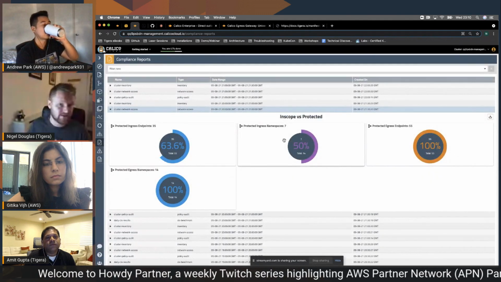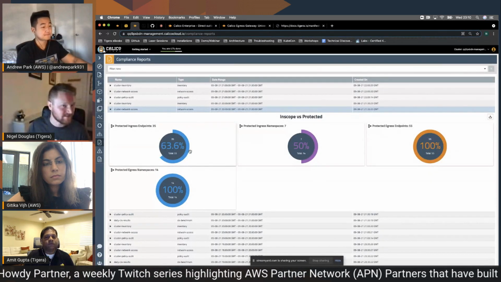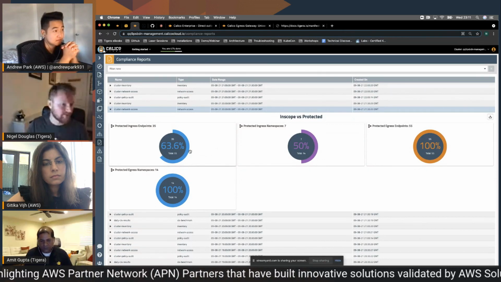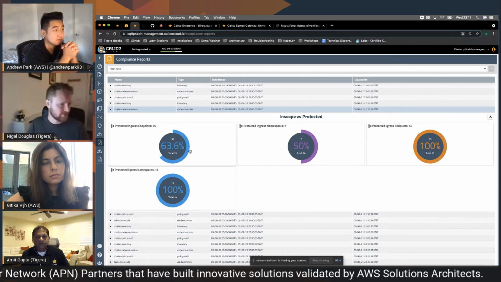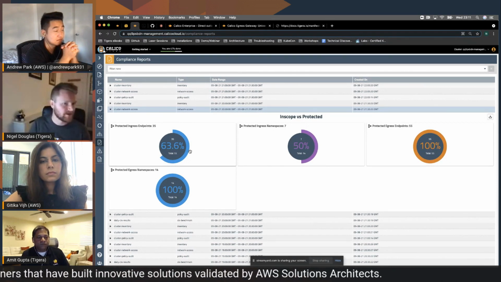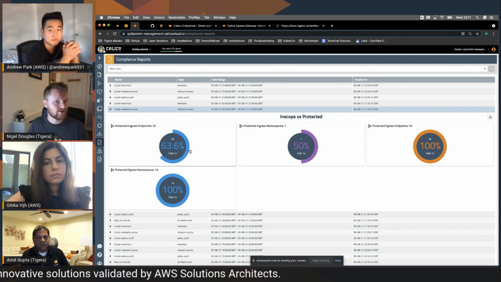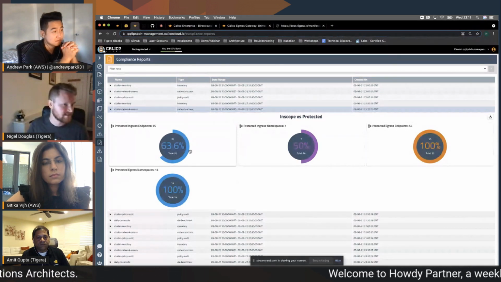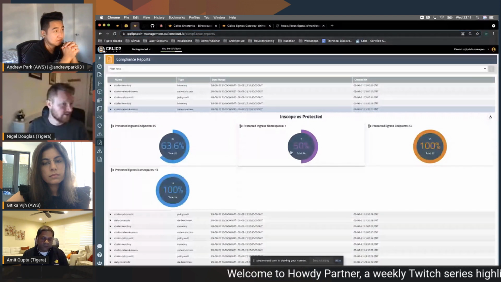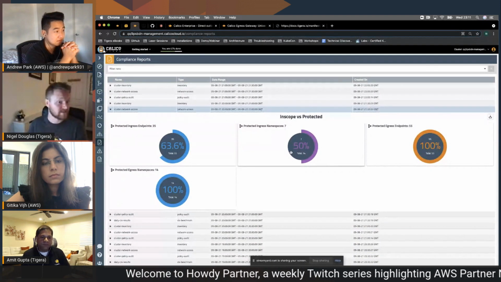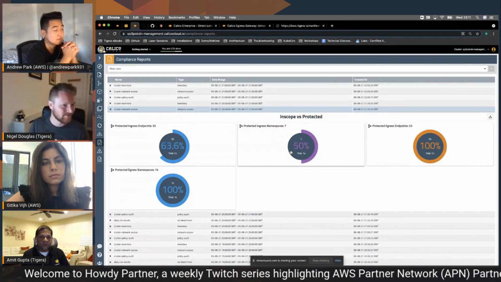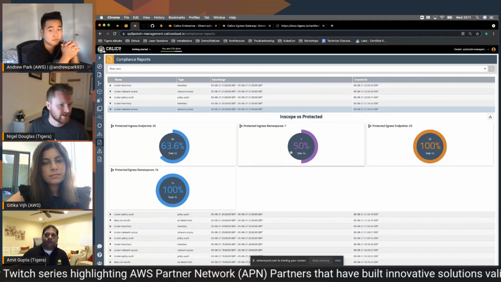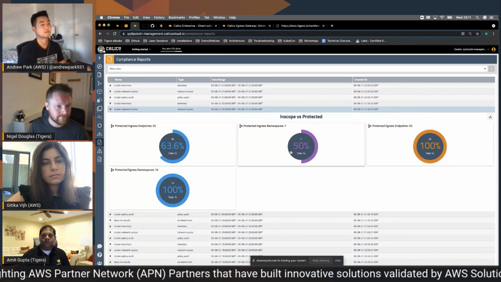But either way, even from the web UI, you can see in these nice little visual graphs, I have so many endpoints. This doesn't even necessarily have to be for your whole cluster. You can scope it to specific PCI or HIPAA workloads or namespaces, and then show of those pods in those namespaces that have to maintain compliance, how many of them are protected from an ingress or egress level by network policy. So if I'm failing these compliance reports, well, first of all, I need to go back and revisit my network policy implementation. But either way, it's scheduled, so I always have a historical trail of what those audit results were.